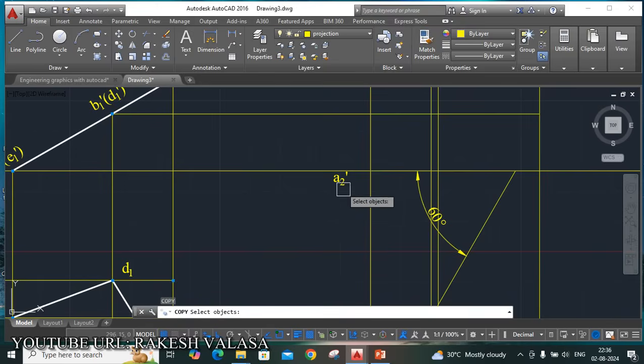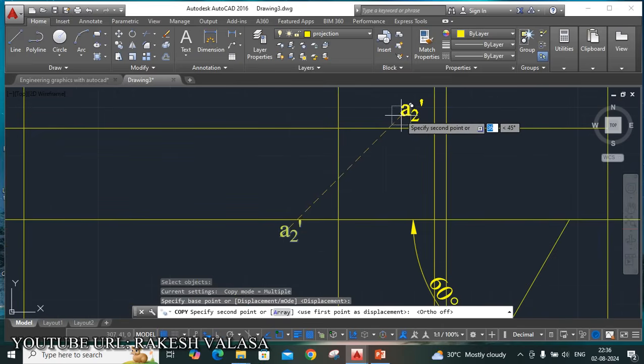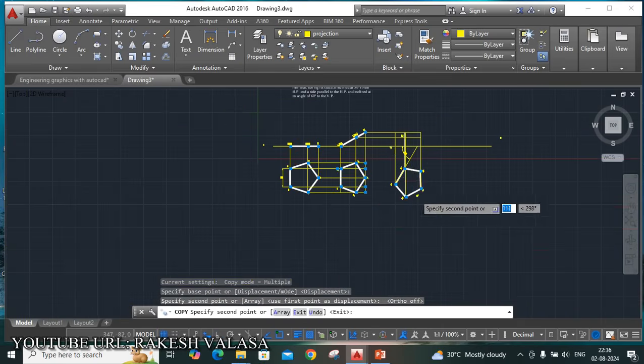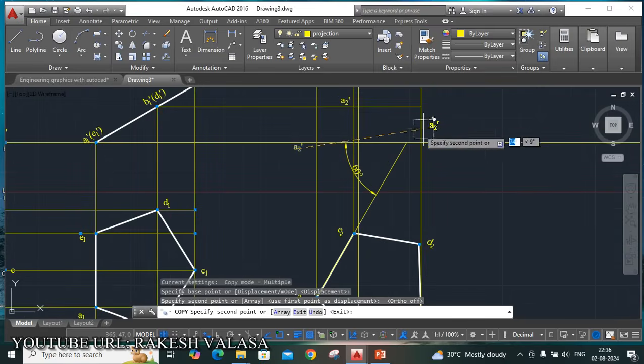Copy this text and put here. Turn off ortho mode from here to here. The next one is C2 vertical projector and C1 horizontal projector, that is this one.